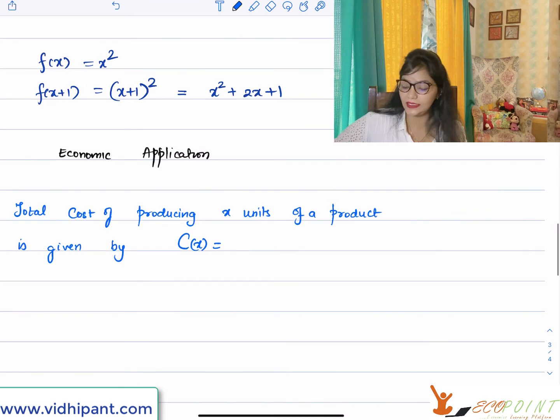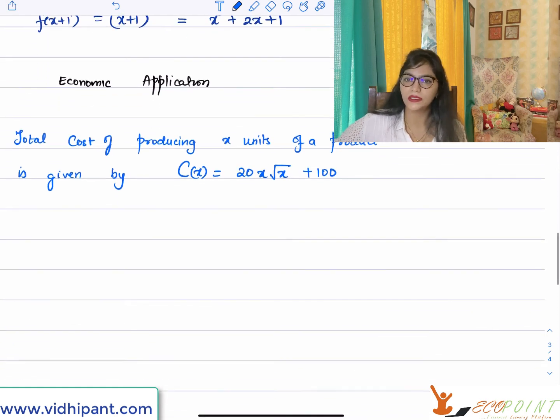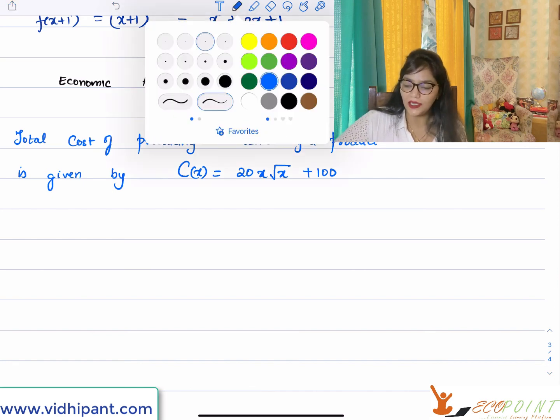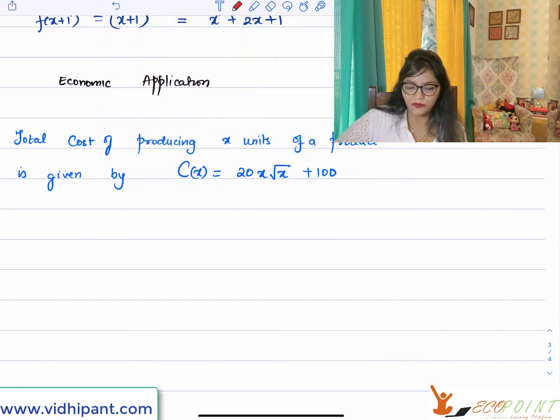So C of x, it's 20 times x into root x plus 100. So it's a function. And what we wish to find out here